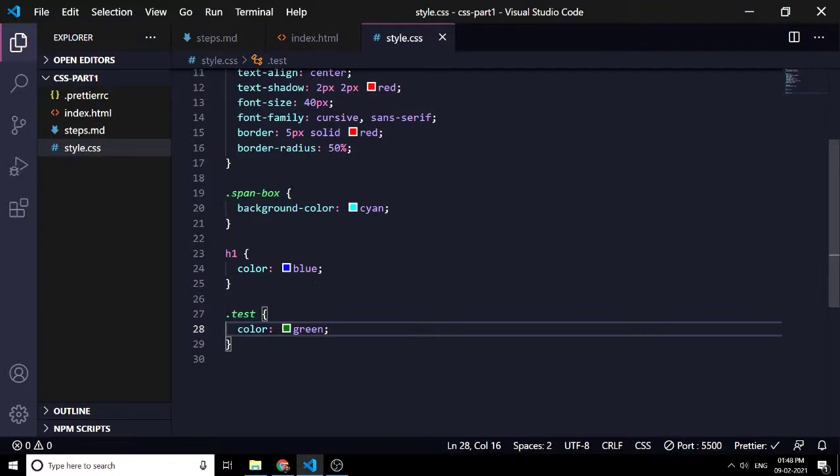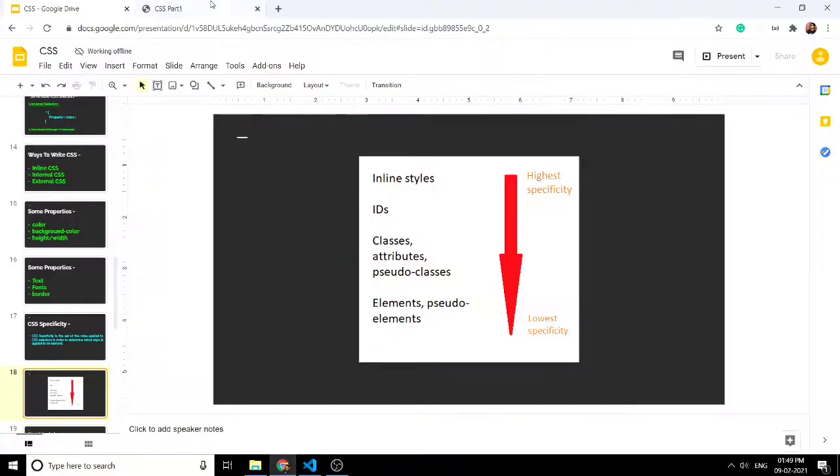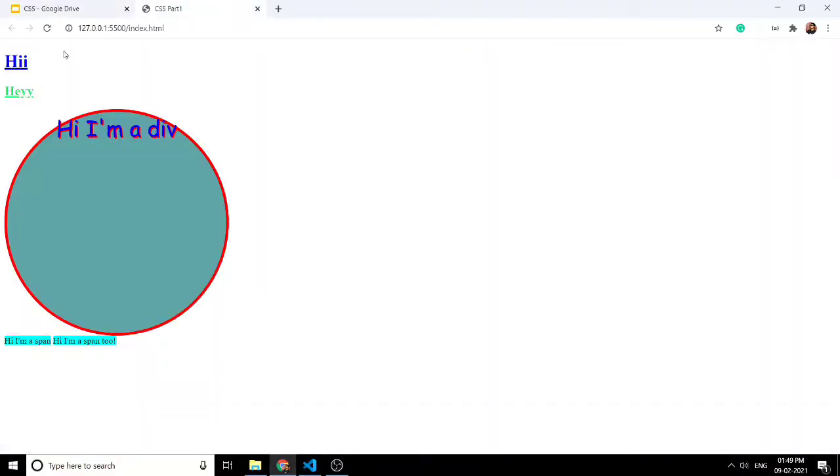For example, here the blue color is not applied as its specificity is less than the class one, but there is a special tag, which is this one, exclamation mark and important, which defies everything and just overrides everything and applies the styles. So now you will see that the blue color is applied no matter what its specificity is.